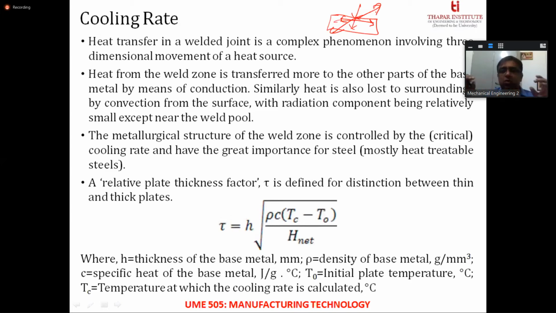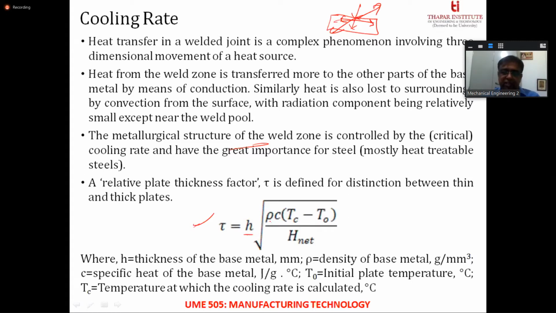The metal that is going to be welded. So in order to determine the formulation for thick or thin plate, a relative plate thickness factor has been defined. Basically, it's an empirical relationship. It has been defined as tau is equal to h, where h is the thickness of the workpiece that we are working with, under root rho into C, where rho